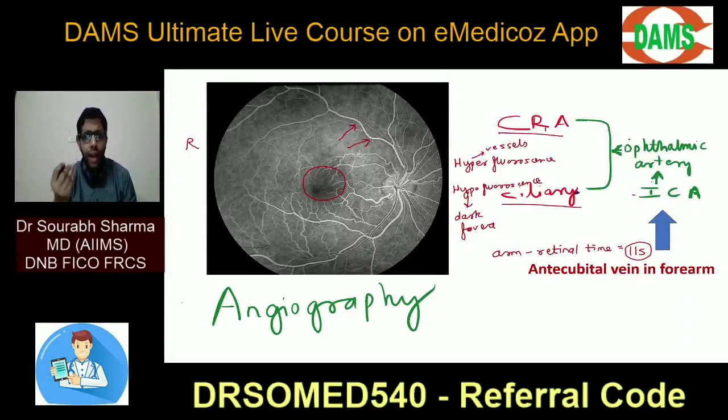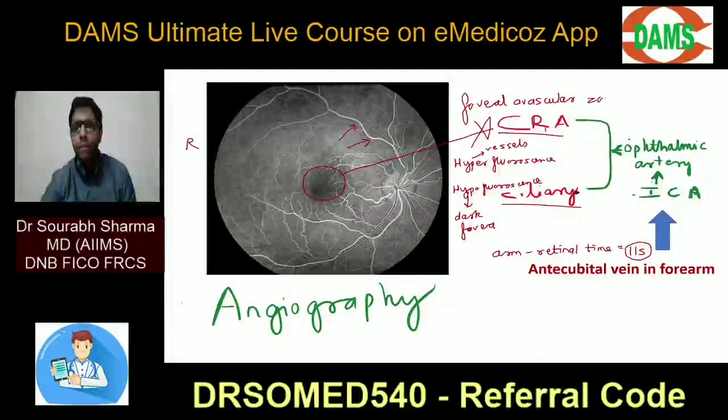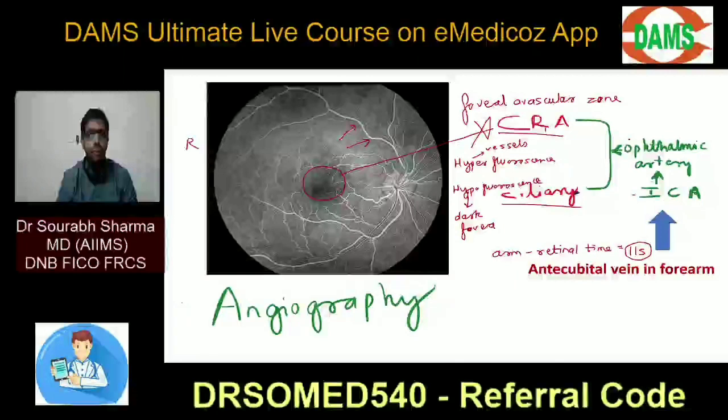So it does not have central retinal artery circulation. Fovea, foveola does not have central retinal artery circulation. That is why it is known as foveal avascular zone. The central retinal artery vessels do not reach because there are fewer layers. That is one reason. Sir, but fovea is very important, sir. How is fovea getting nutrition? From choroid, of course, from the choroid.